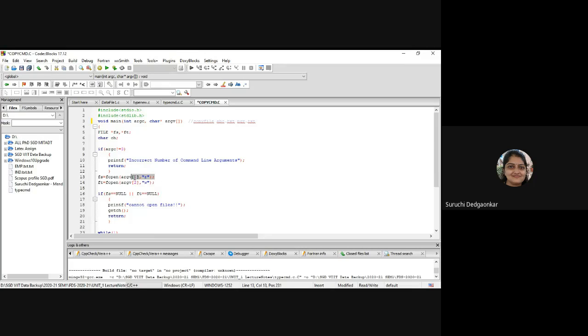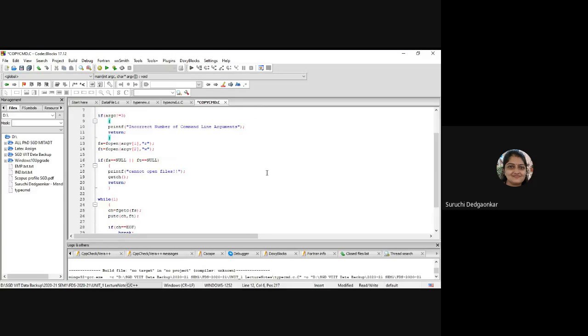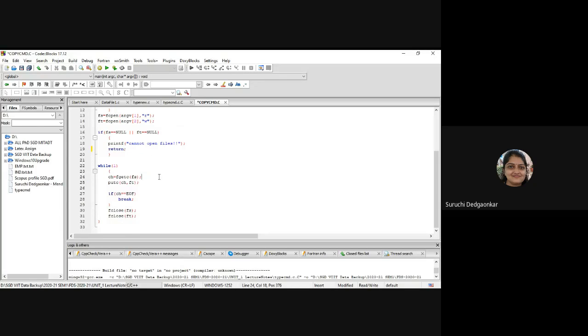If open argv of 1, which is abc.txt, that will be opened in read mode, and your pqr.txt, the second file, will be opened in write mode. Okay, and if there is a file opening error in either of them, then return. Immediately return, and otherwise you have to read from the first file. That's why you will see fgetc on fs, this source file.